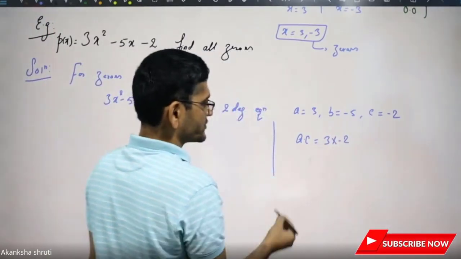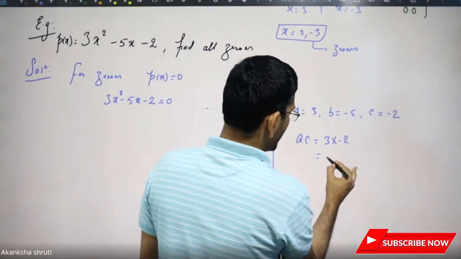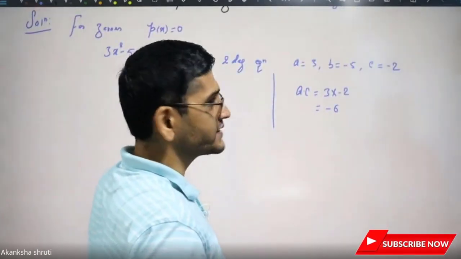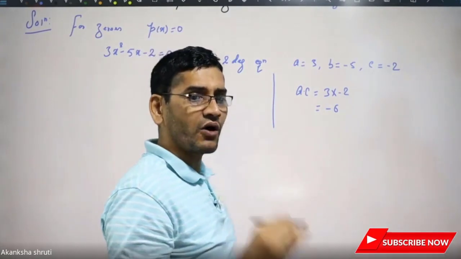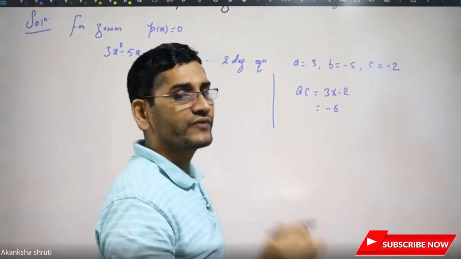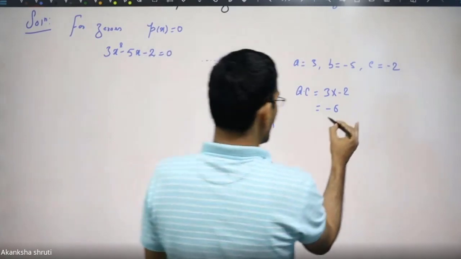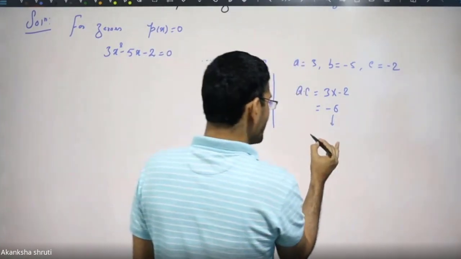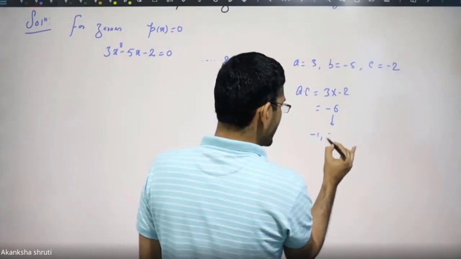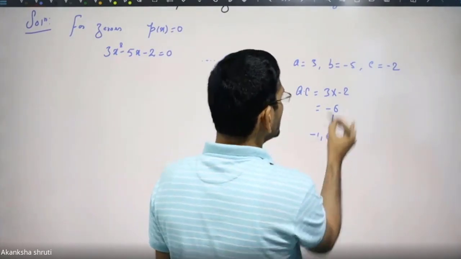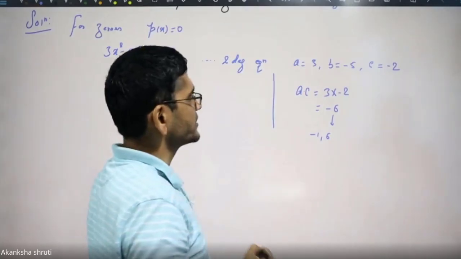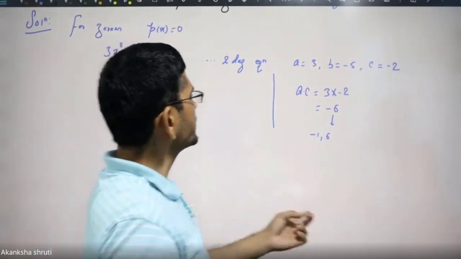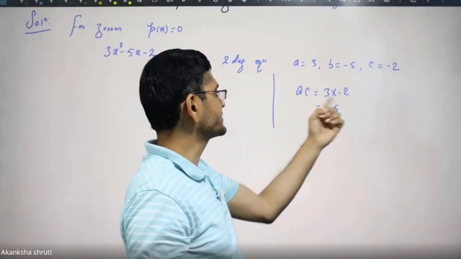Though I am going to explain each and every step. So it is now minus 6. Student, after this minus 6, you have to write all the possible factors of this minus 6. What could be the factors? Let me write. Student, I may take minus 1 and 6 because the product of these two can give us this minus 6. So we have to take the two factors whose product should be this ac.